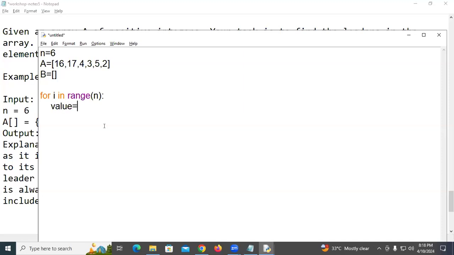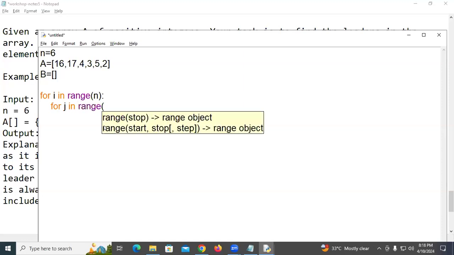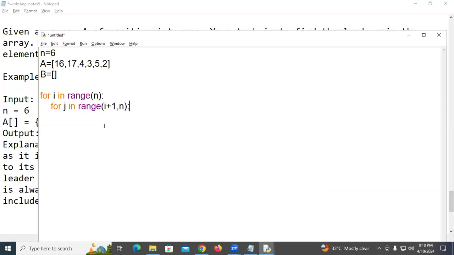So I read a value. I just write here value, and you can compare. For j in range of, what I'm taking here is i plus 1 comma n. Then what I'm saying, if A of i is greater than A of j,